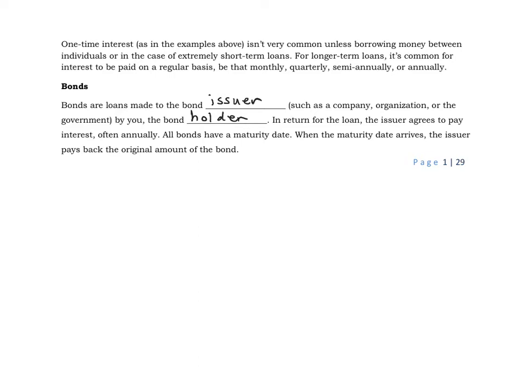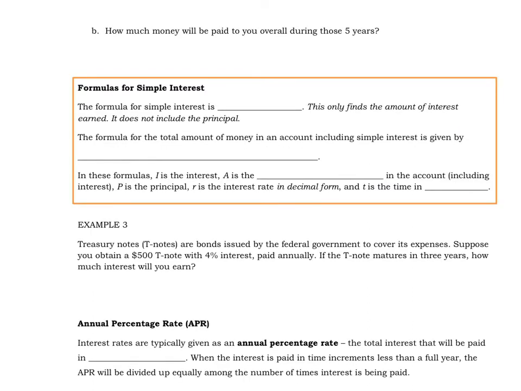All bonds have a maturity date. That means you can't hold them forever. When the maturity date arrives, the issuer pays back the original amount of the bond. Okay? So you've already got your interest, and then at the maturity date, you're going to get your money back. I know I'm skipping around a little bit here, but I would like to go ahead and develop the